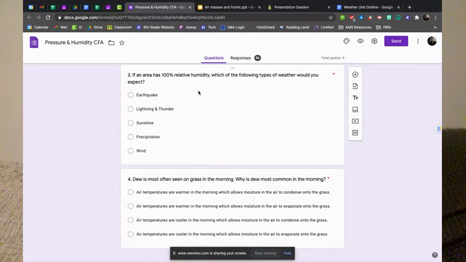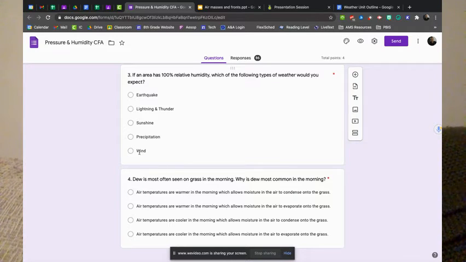For number three, if an area has 100% relative humidity, which of the following types of weather would you expect? An earthquake, lightning and thunder, sunshine, precipitation, or wind. So, an earthquake is made by the earth, the tectonic plates that are moving. So it's not that one. Lightning and thunder, while it usually comes with a rainstorm, is not because of the humidity that's in the air. It's from a different phenomenon that we'll probably talk about a little bit later. Sunshine, that's the sun, so it's not that one either. And the wind,